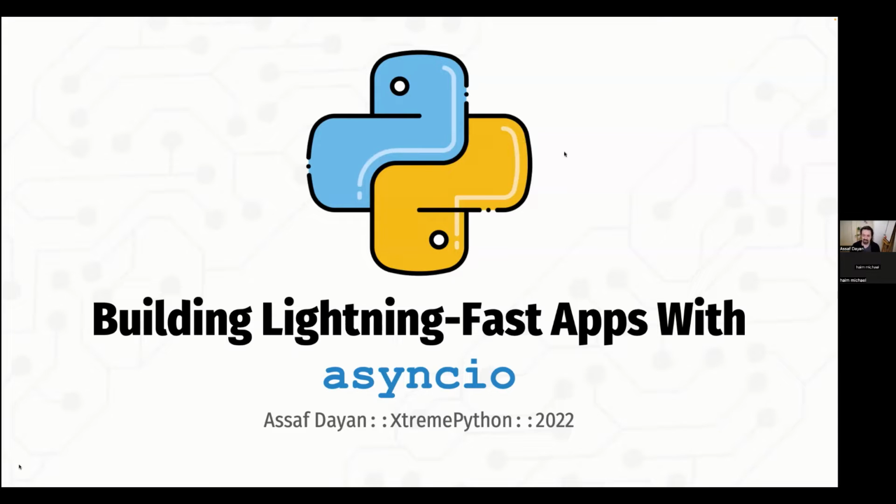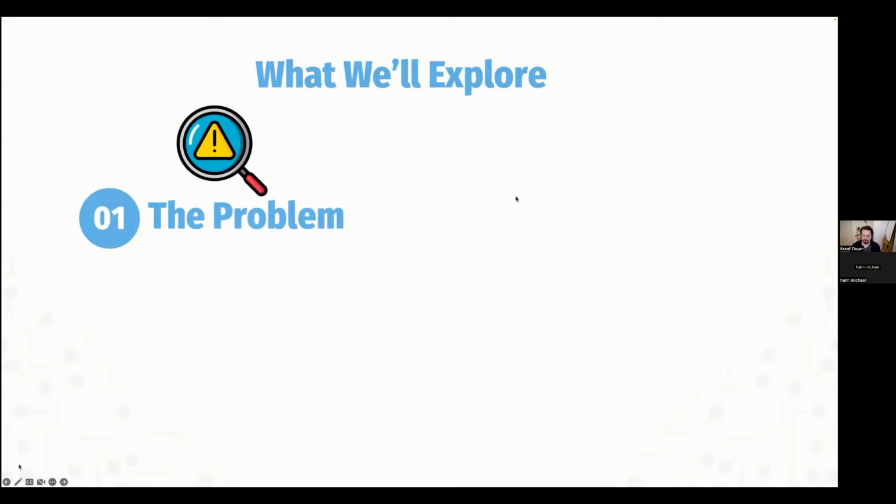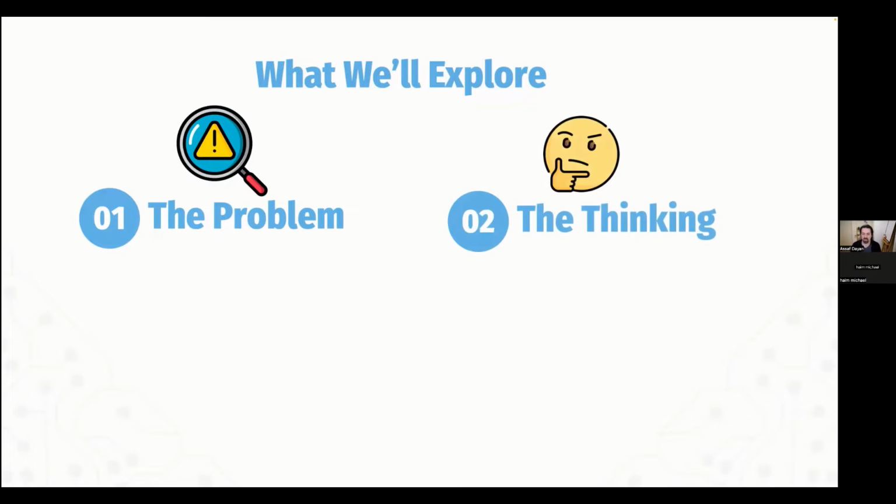My name is Asaf, and today I want to share a story about how we had a system in one of the companies I worked for, and the system had a problem at some point in production. The problem caused an outage, basically a complete outage. We will see that. The outage caused us to rethink how we are designing the system and how the components are interacting. We'll share the thought process and everything that came up through that